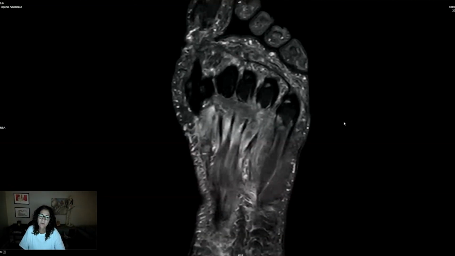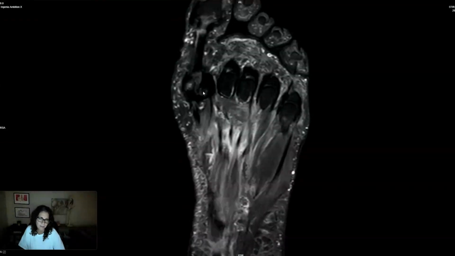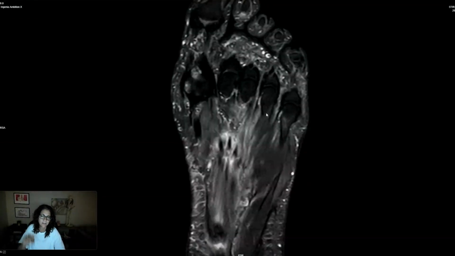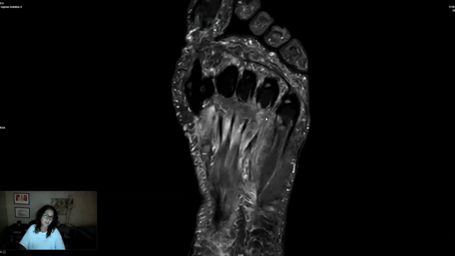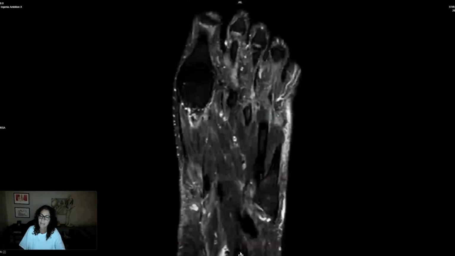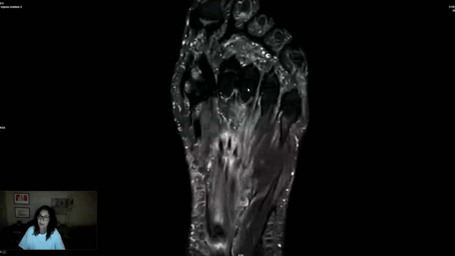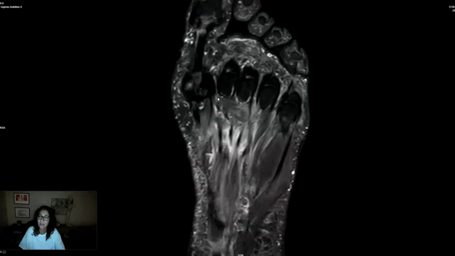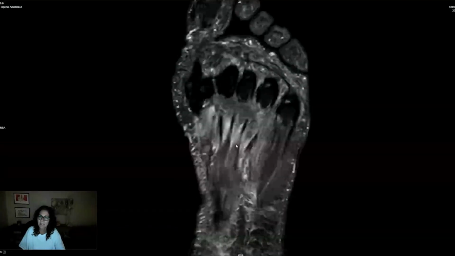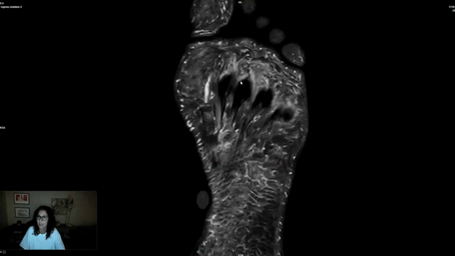metal, I don't prefer to use a short axis STIR for plantar plate imaging. I think it can be underestimating the disease and really make it too dark for you to see. But I would be using an axial T2 fat sat. I believe the metal is far enough away from the issue that I would be able to get a good look at those. But altogether, what I'm seeing here is on the order of low-grade plantar plate, plantar capsulitis, 3rd